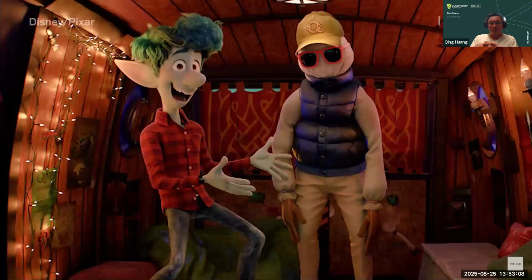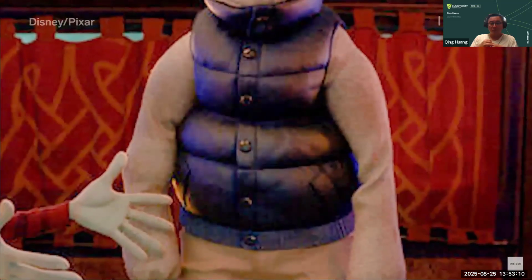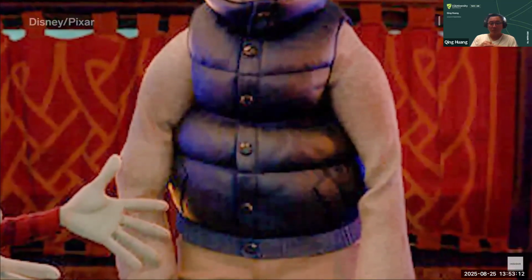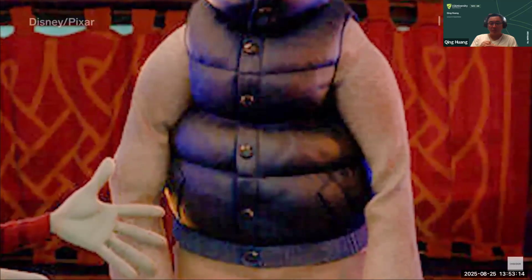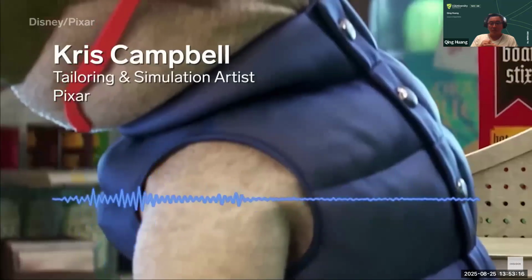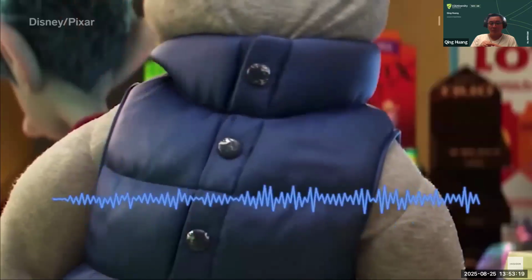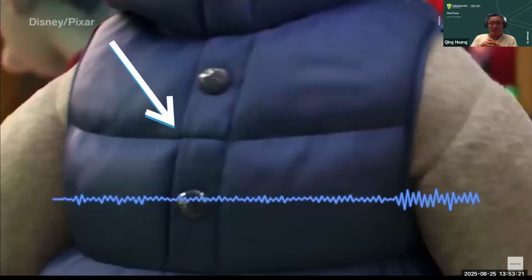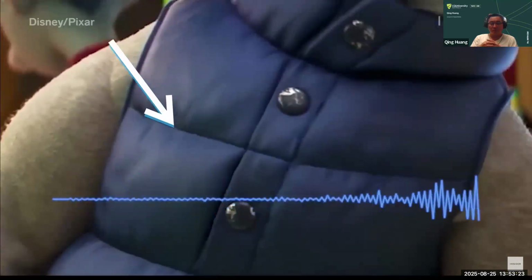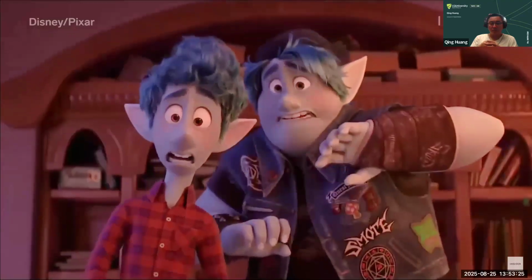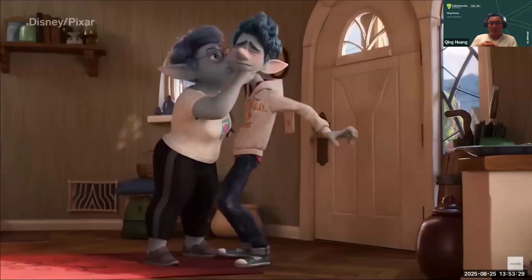If we take another look at the vest, those bigger wrinkles and bumps were modeled into the garment by Chris as part of the tailoring process. The high-frequency detailed wrinkles were done in shading. So the part where you could see the puffiness cinch down into the seams, those very fine wrinkles are shaded wrinkles. Wrinkle patterns are customized for each individual garment, depending on what fabric they're supposed to be and where the